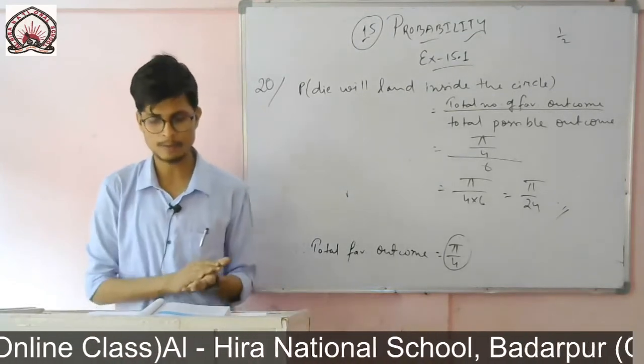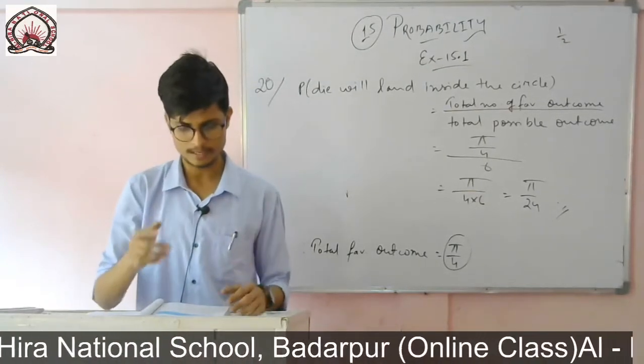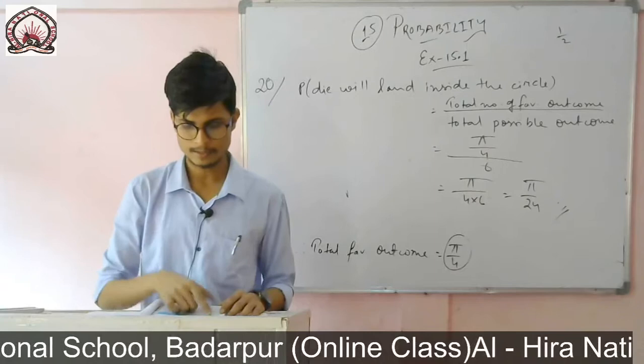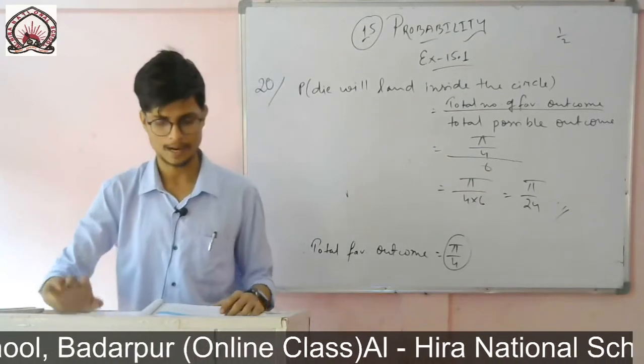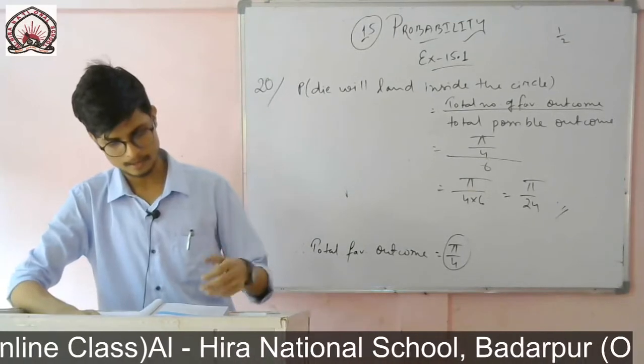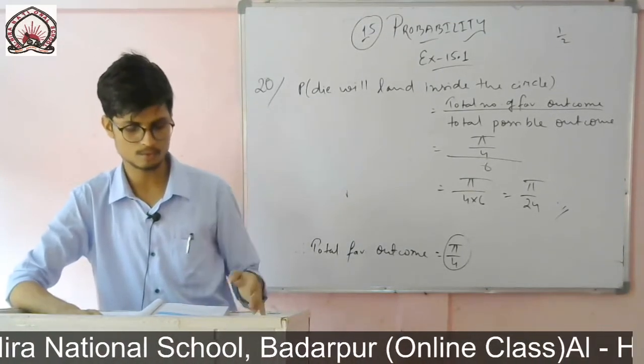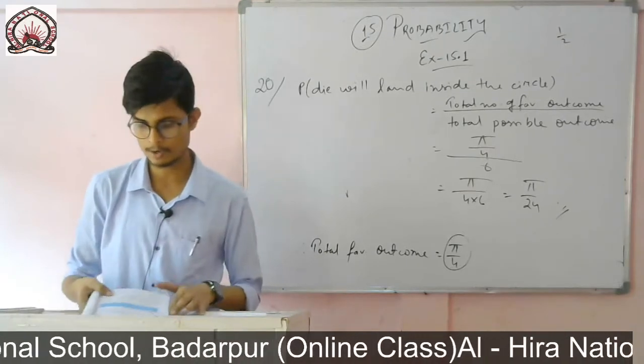So she will buy if the pen is a good one, so we'll find the probability for the good pens, which will be the probability that she will buy it. And if the pen is defective, she will not buy, that means we'll find the probability of the defective pens, which will be the probability that she will not buy it.